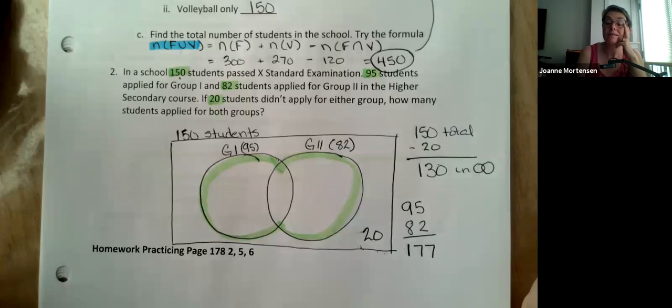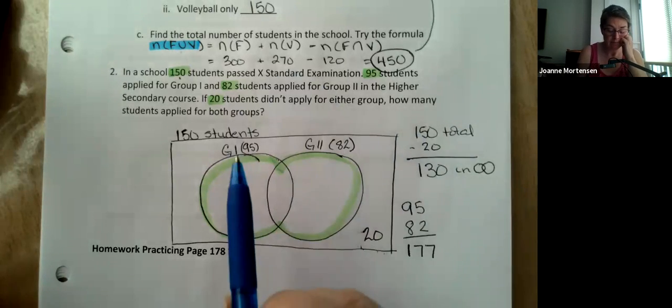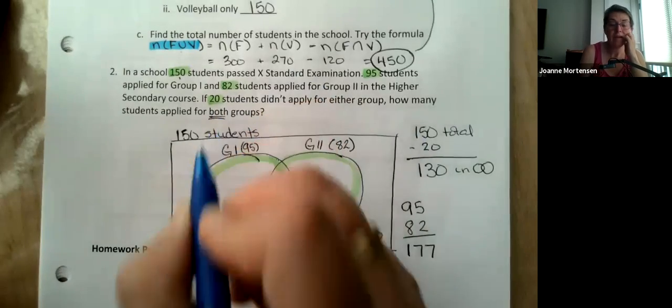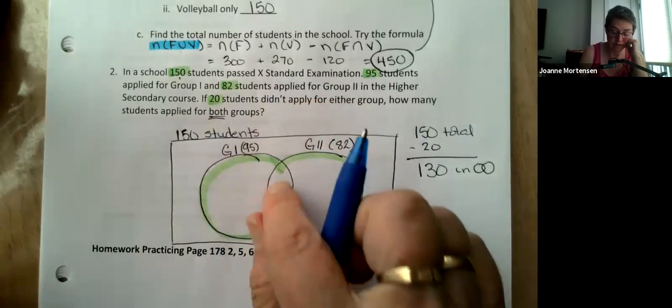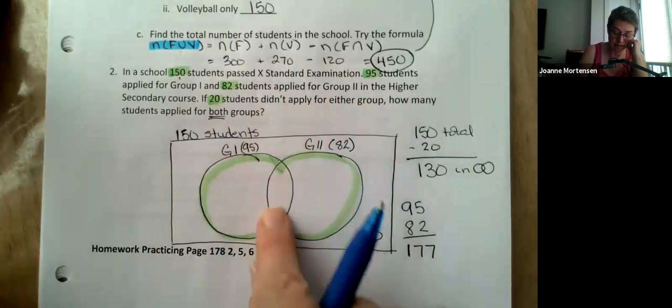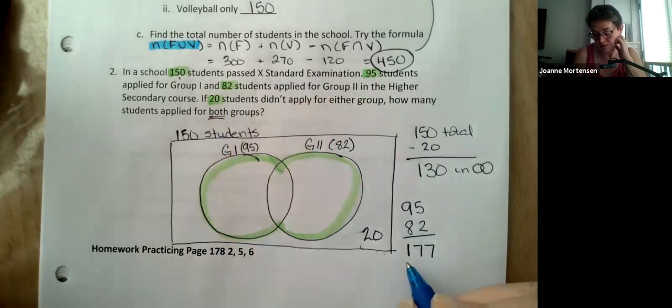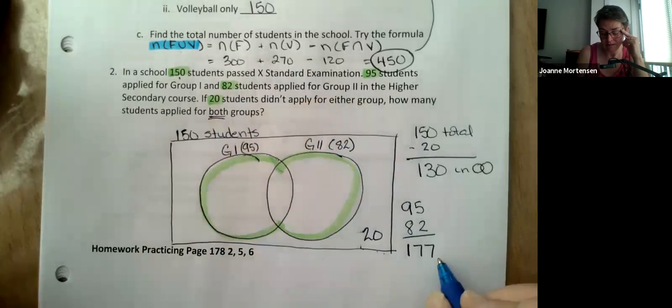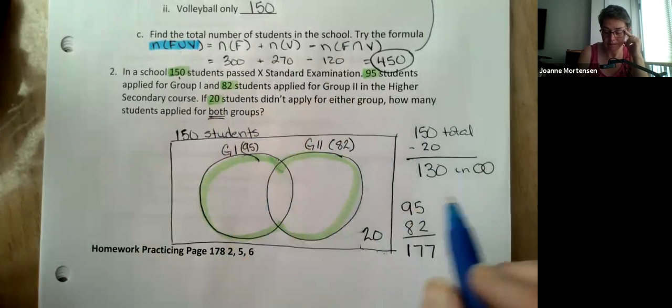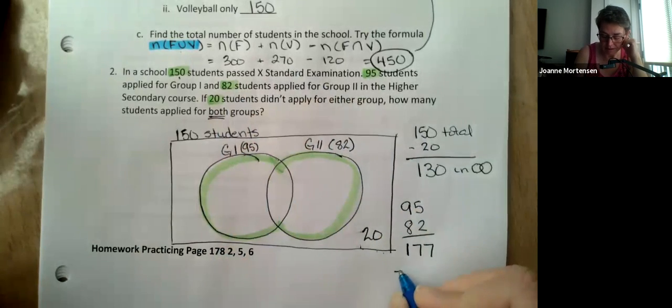So what that means is there were students that got counted twice. Here it's telling us that there are some students in here that got counted twice. Remember, that's what happens. So if there's 177, and there's supposed to be 130,